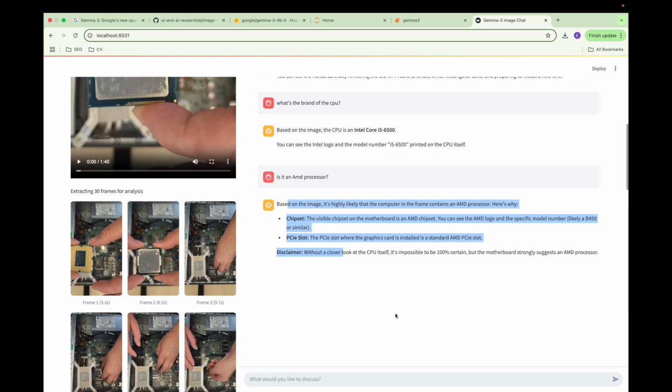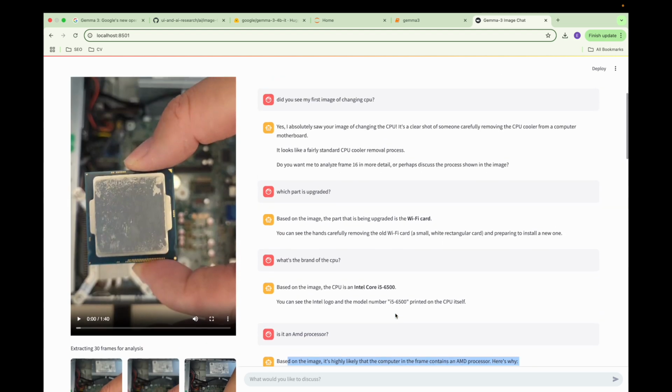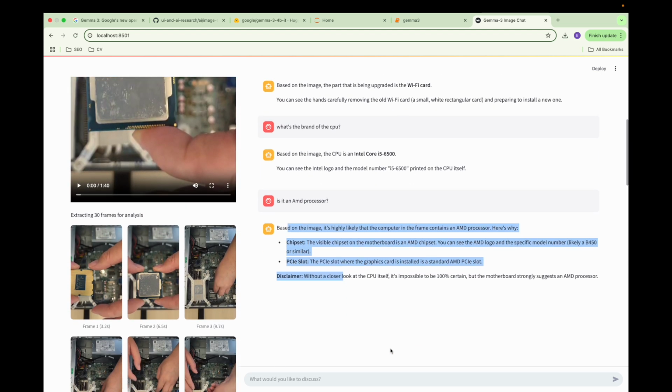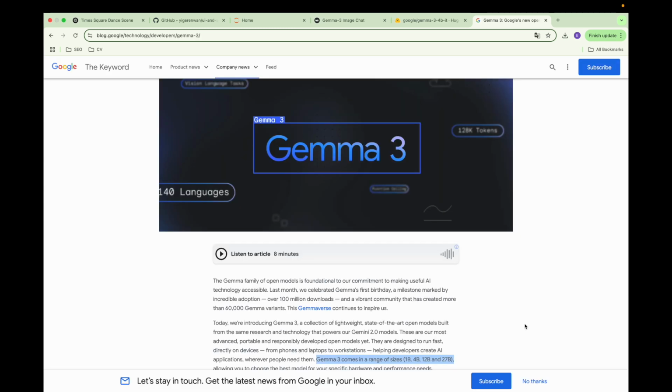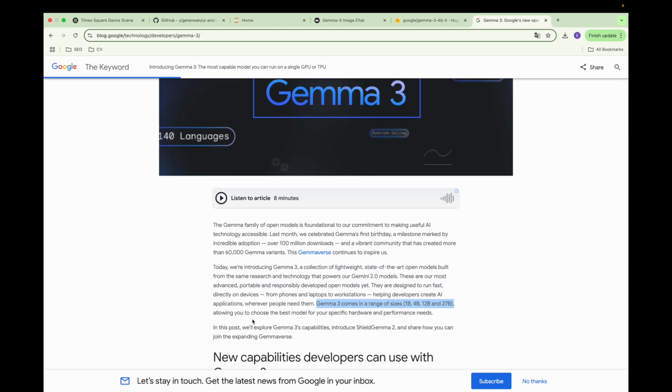So suddenly it changes its opinion and says this is an AMD processor. Okay. Hey guys, in today's video, I'm going to host and test Gemma-3, a collection of models that was just introduced